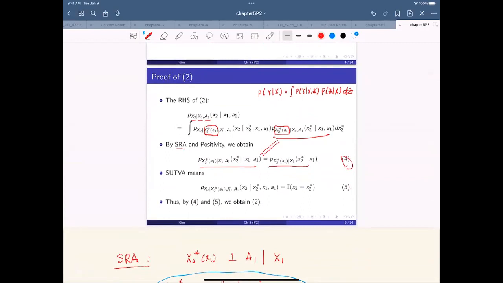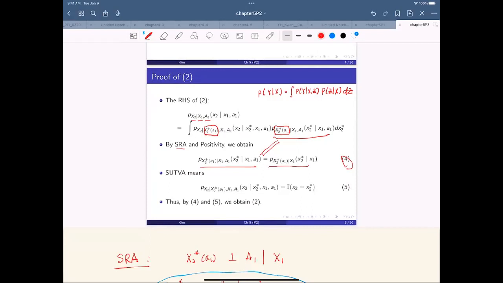And then the first term, what about the first term? The first term is basically, as long as you know x2 star and A, right? If you know x2 star and A, you know x2 with certainty, right? So that's basically this one. So basically, you know x1 A1 and you know x2 star A1. So that means this value will be just this value,